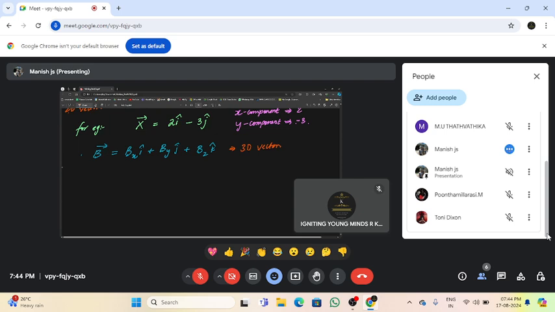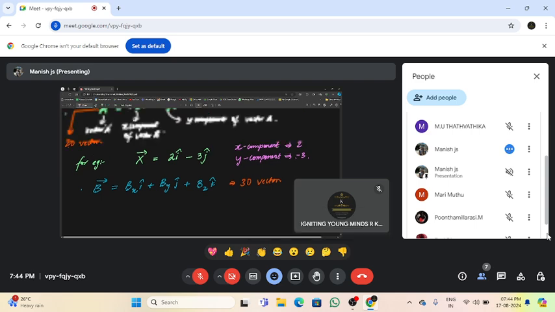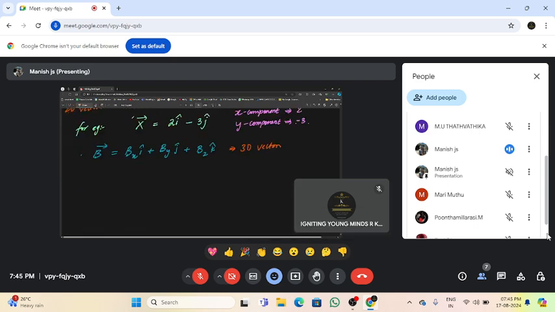Is that clear, children? That's how you represent a 3D and a 2D vector. A 2D vector will have two dimensions, i and j. A 3D vector would have three dimensions. Additionally, you have a k cap, which is the unit normal vector along z-axis. Okay. So on that note, we will proceed further. We have learned now the basic representation of a vector. So with that, we are moving on to the next part.